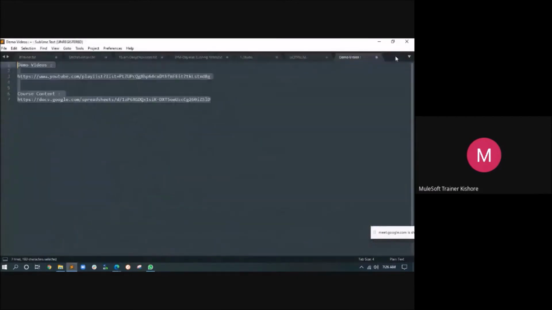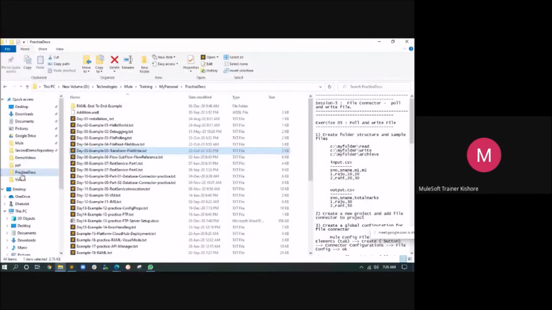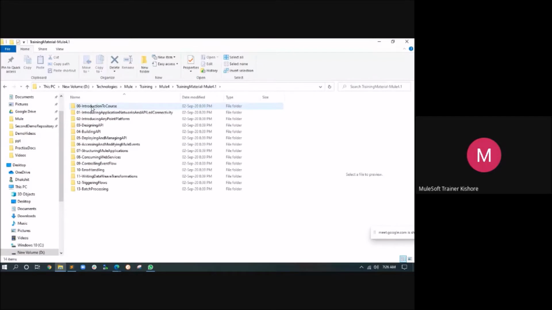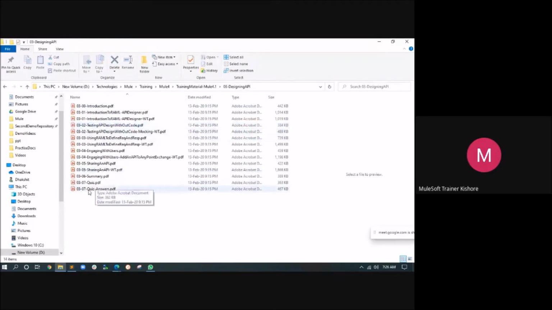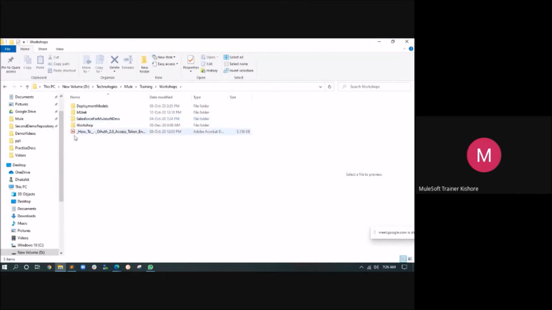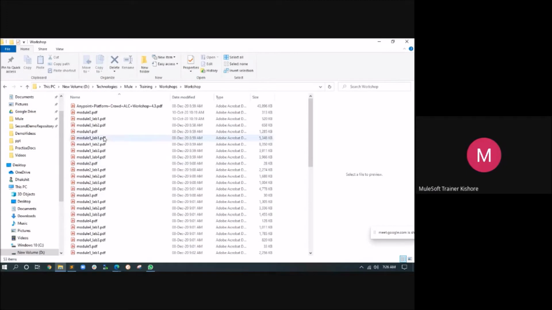So with this you can practice, and you will get two projects for practice at the end. These are also from Mule. You will get a step-by-step document to practice. This is one project. I will explain how you can convert this into exactly mimicking your real-time project. And this is one, and this is another project.